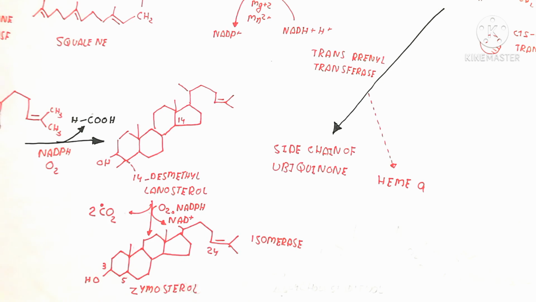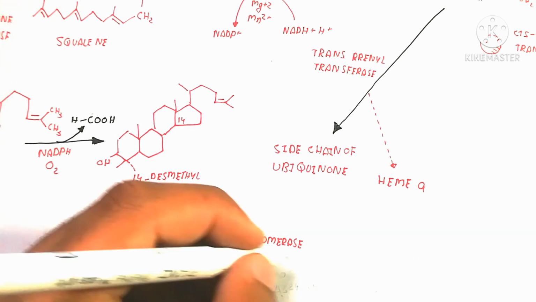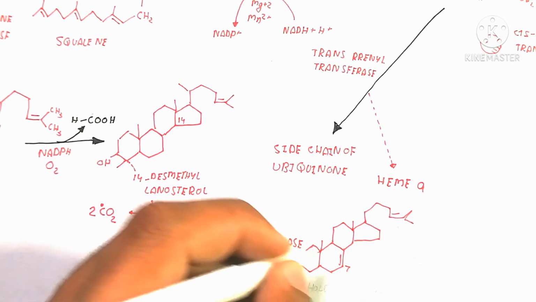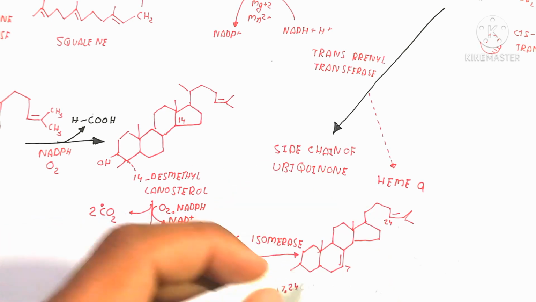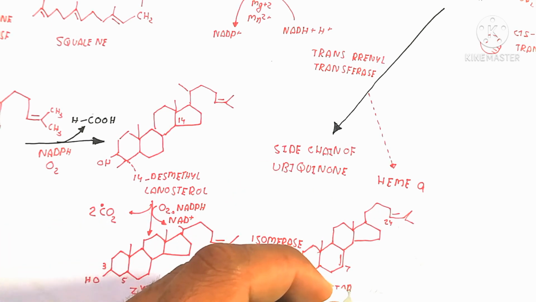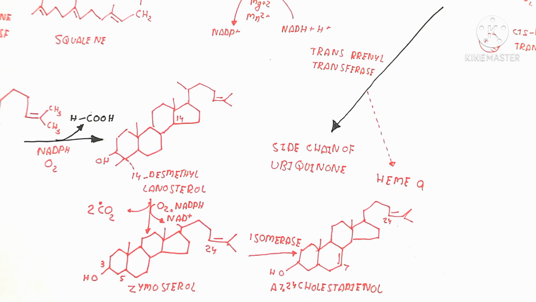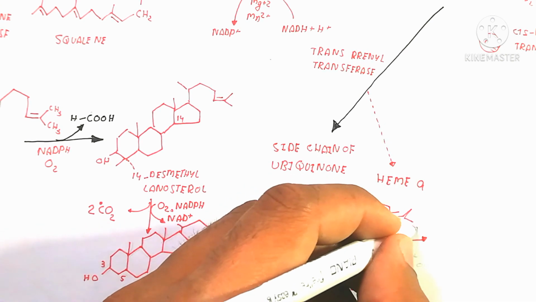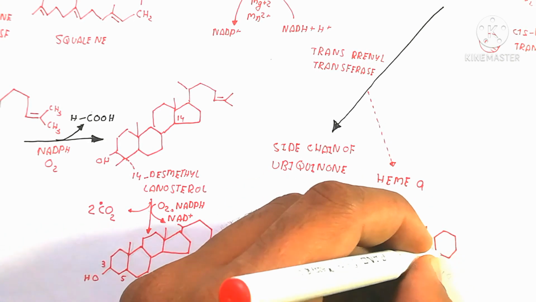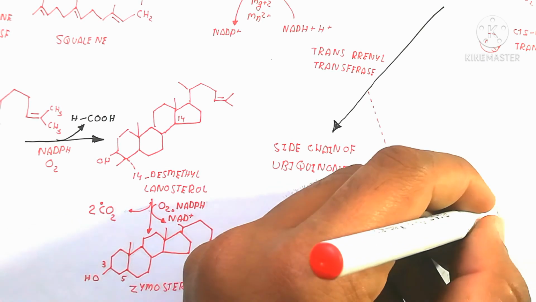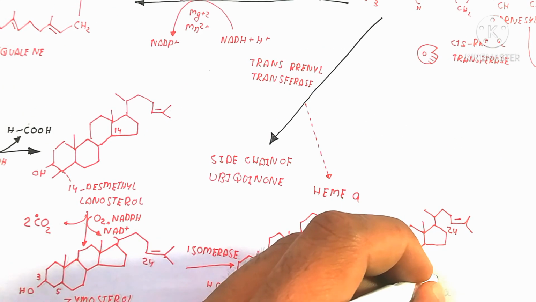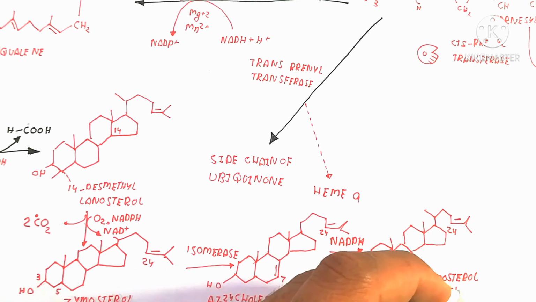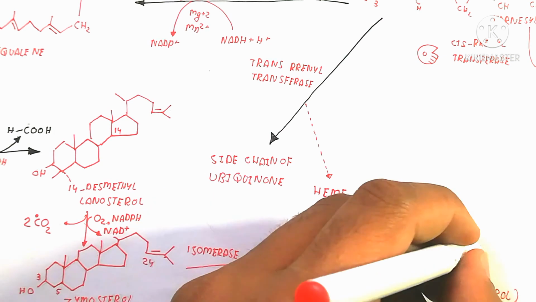And then an isomerase enzyme is used to produce delta 7,24 cholestadienol, and here is carbon number 14, and 7 is here, which contains a double bond. Double bonds at 7 and 24 are the character of delta 7,24 cholestadienol. Di means two, and enol, and that is the major important point. So NADPH and oxygen are used again to produce